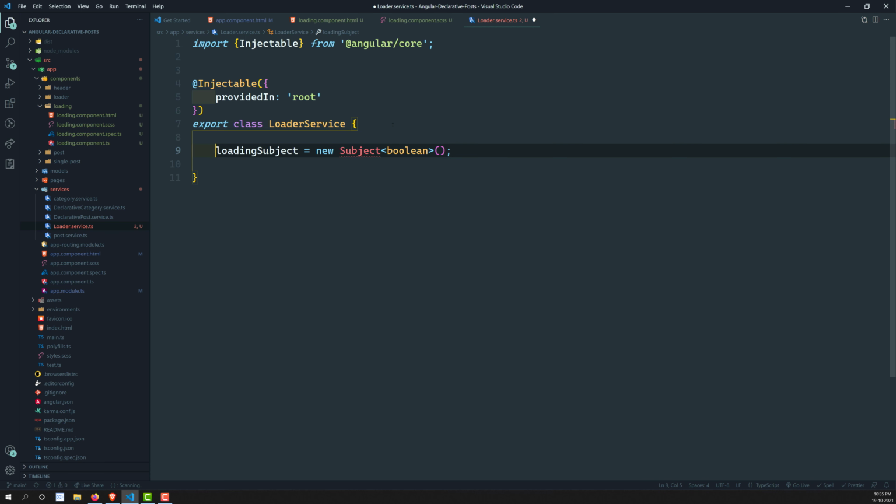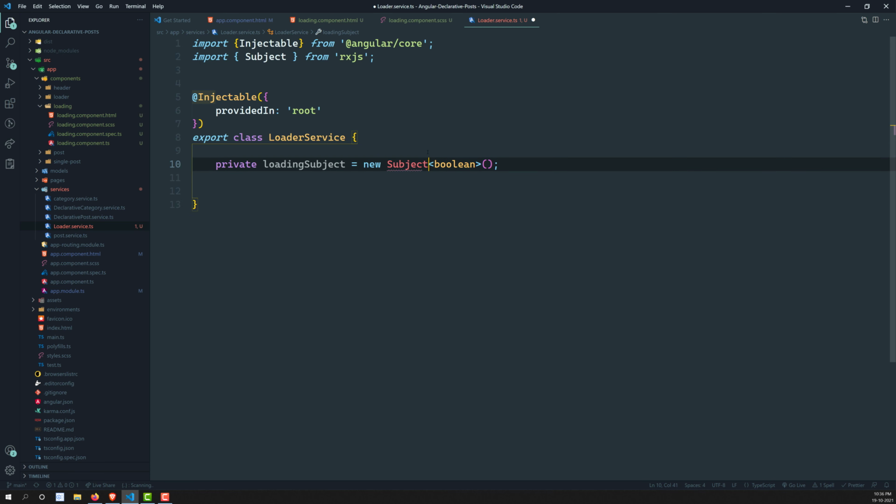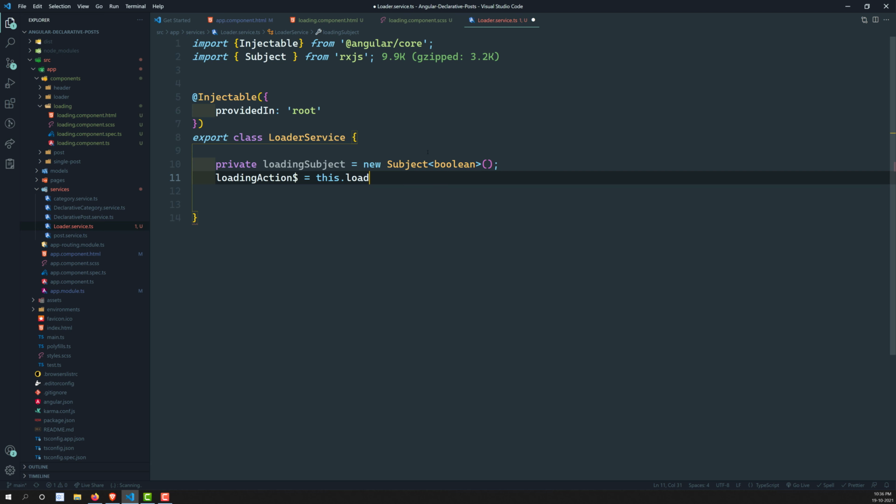This should be private, I will keep it as private, and let's import this Subject. Now here I will be having loadingAction$ is equal to this.loadingSubject.asObservable. We can take it as observable.